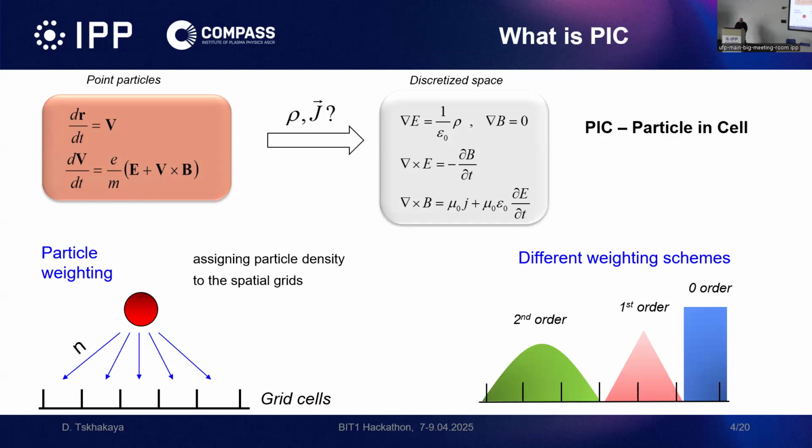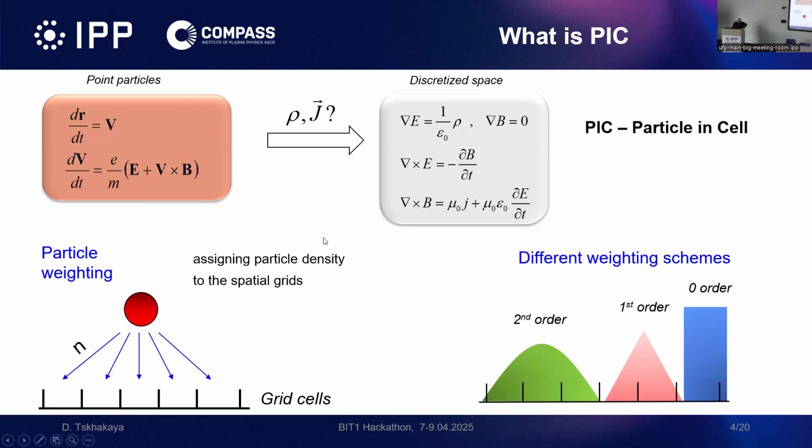The problem is that with point particles, it's very easy to advance the particles, but it's not so easy to get the corresponding charge density and currents, because in order to solve the field equations you need some spread or spatial distribution, and point particles will never work with this. So you need to do some extrapolation from point particles to grid cells,